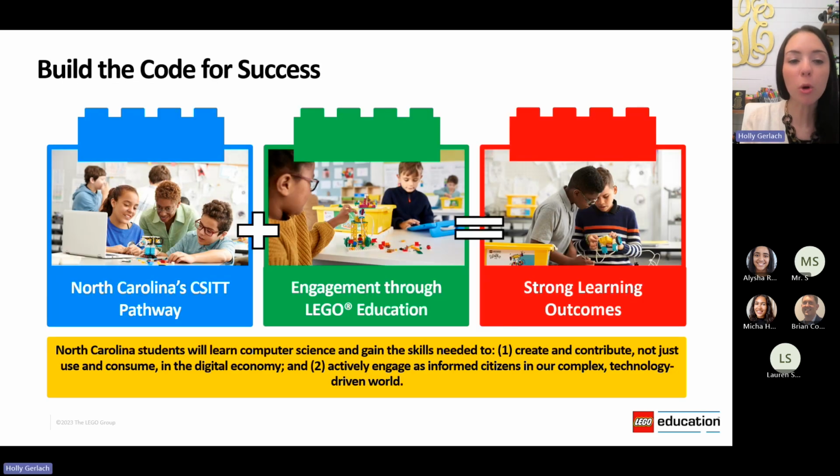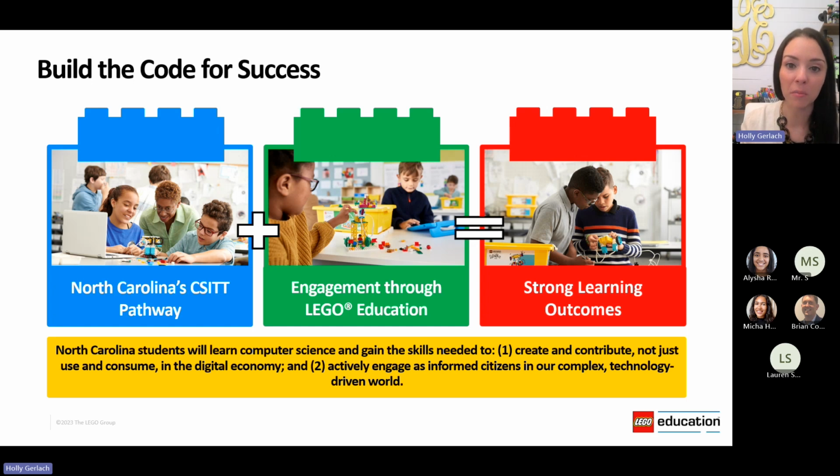So as part of that, we put all of these things together. What does this really look like for us? We have this pathway where we're looking at not only how we are teaching computer science and all of those different domains within that, thinking about IT and technology education, but also taking in that, yes, we're accountable for academic standards, specifically in those core disciplines. So thinking about ELA and math and science, right? And then also adding in this idea of that novelty and engagement that LEGO Education affords for students and teachers alike. So how do we take these things and put them together to design learning experiences